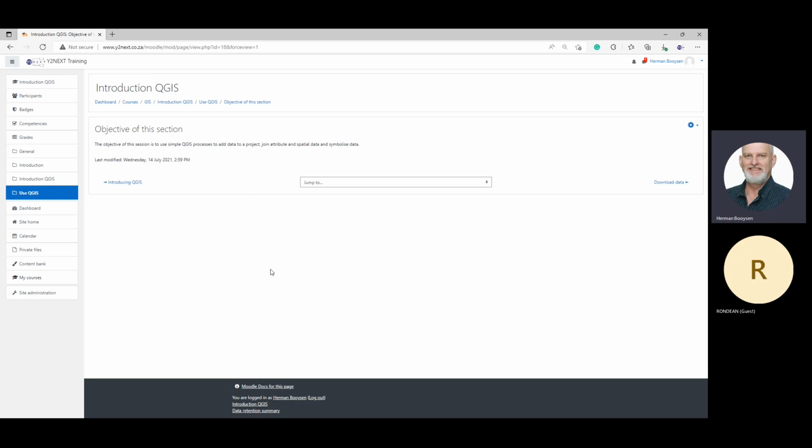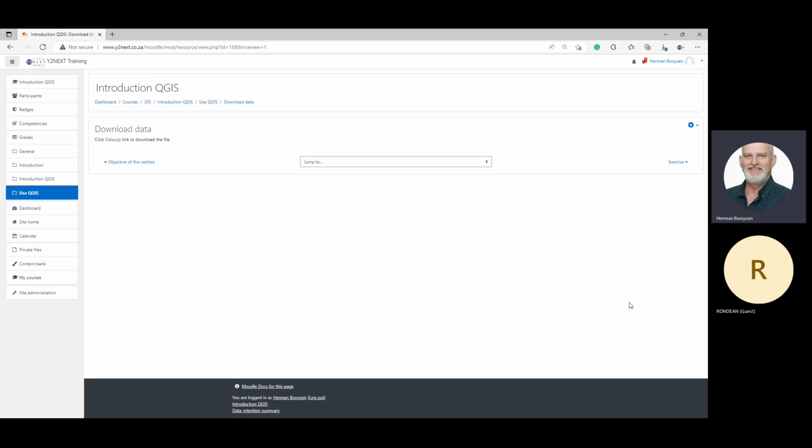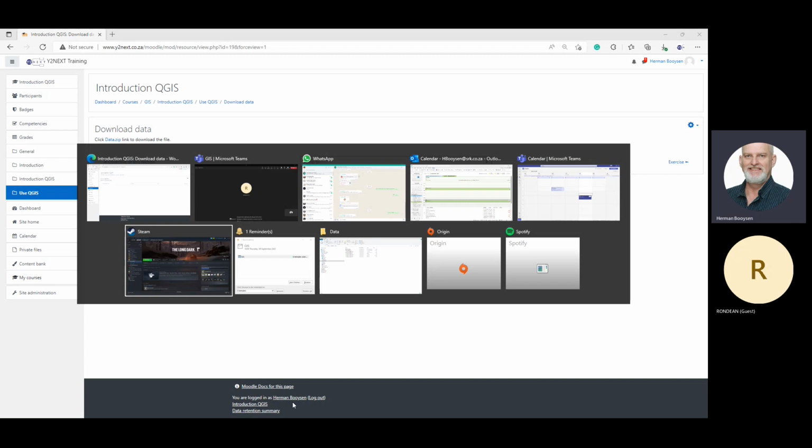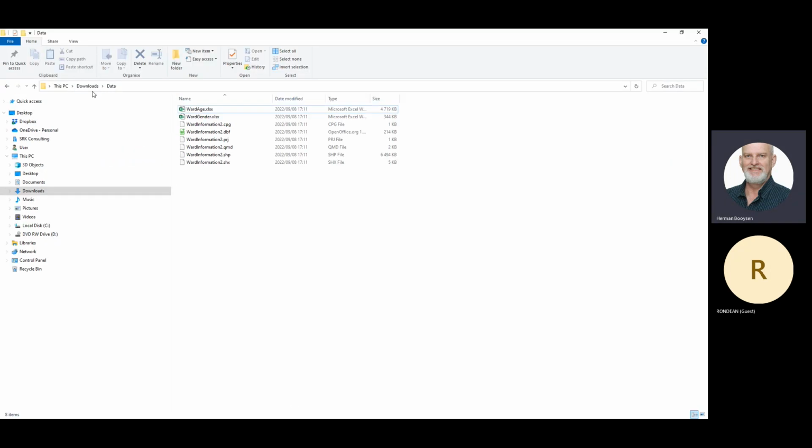It is two or three simple actions or processes that you must follow. And I think mostly that is a big part of GIS. And the next step is to download your data. I've somewhere for this afternoon downloaded it to my computer. So in that download you will have